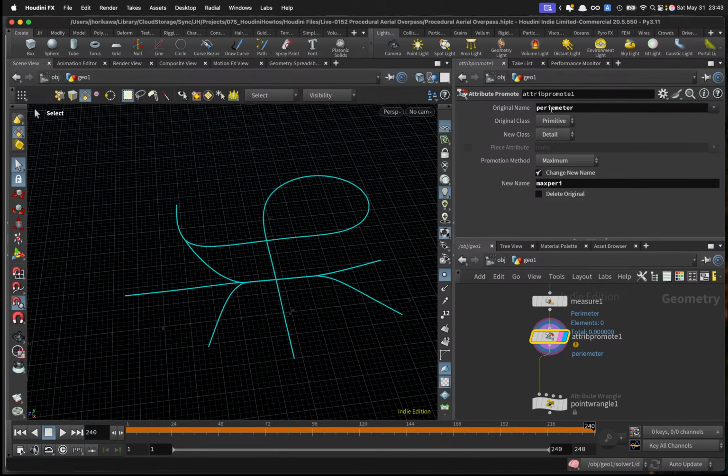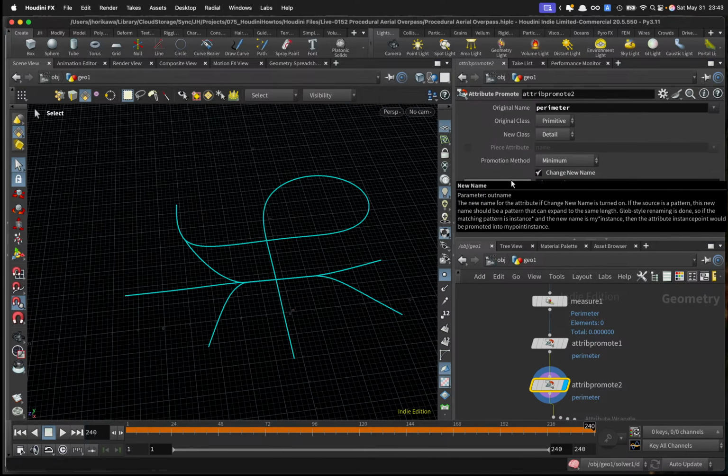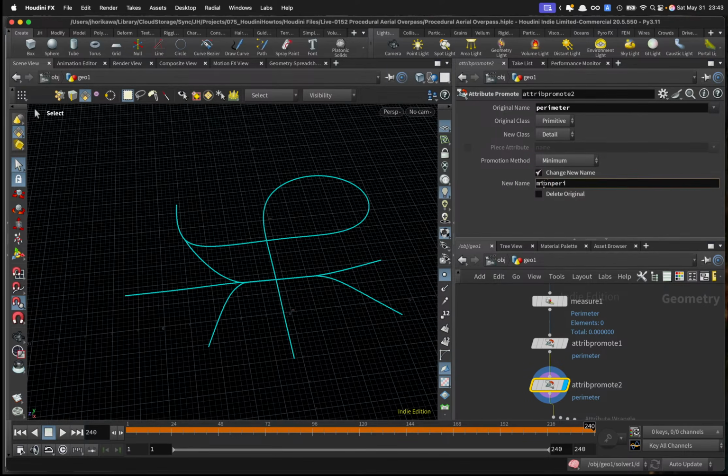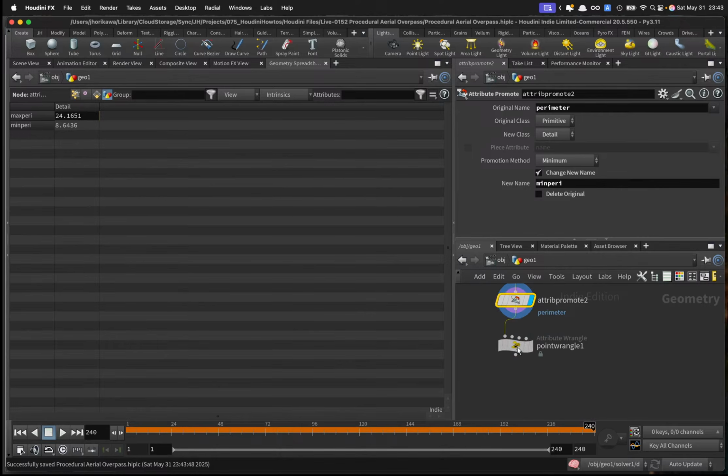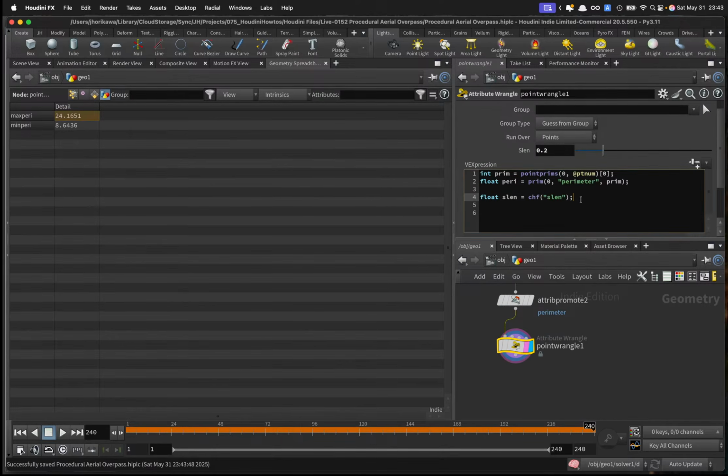I am probably missing, okay. And do the same for the minimum. Change this to minimum, change the name to min_peri. Okay, let's check the detail attribute. So I have the minimum length and the maximum length. So let's bring this up inside this point wrangle,